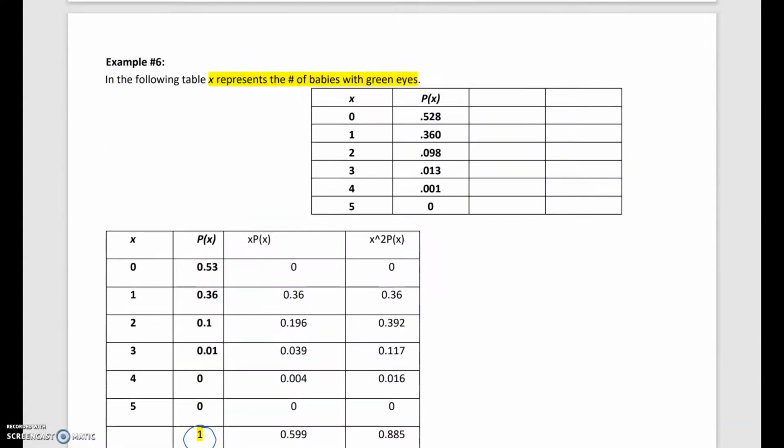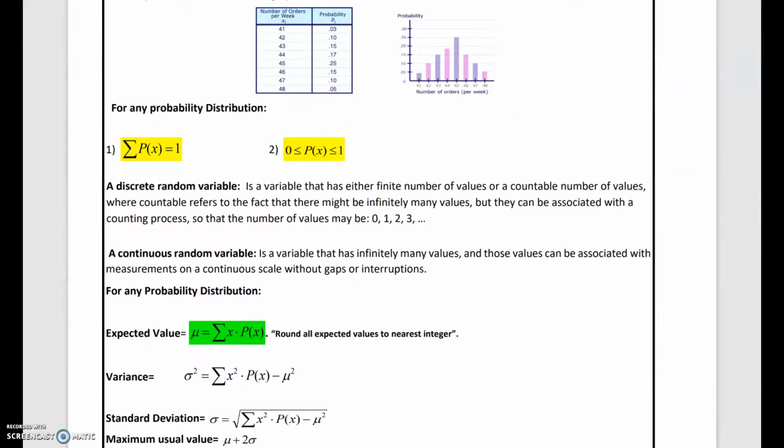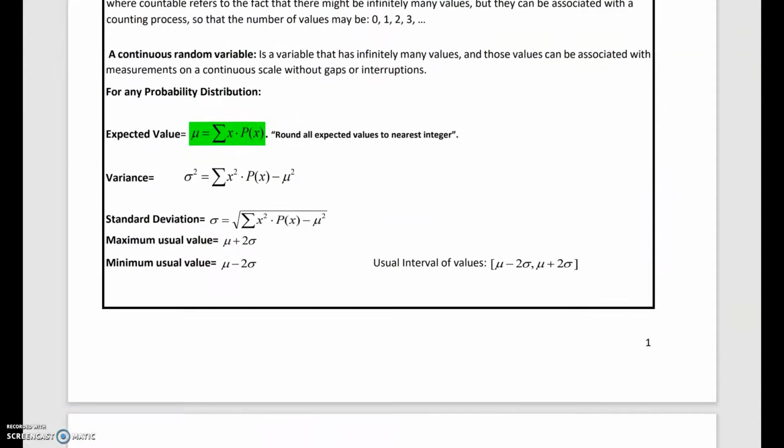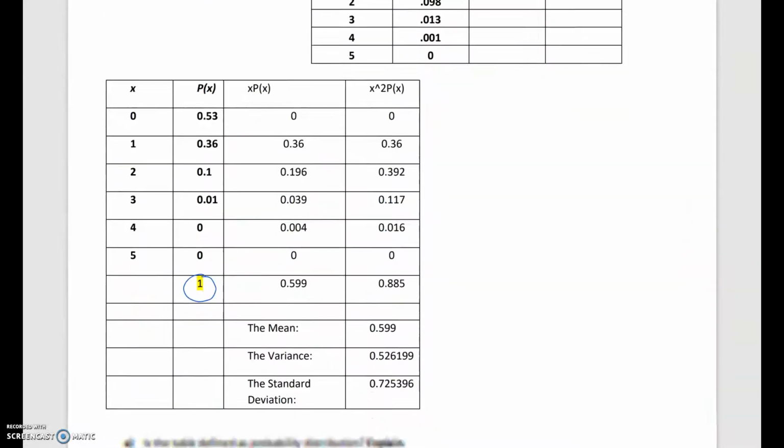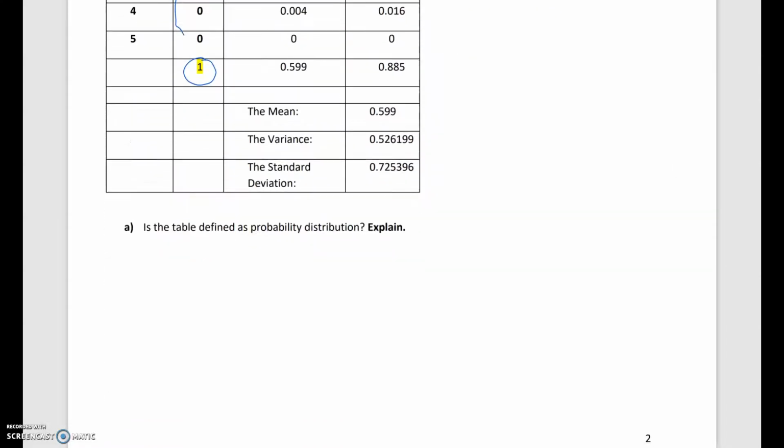And in order for us to check if a table represents a probability distribution, you have to check two main items, and that is that the sum of the probabilities is equal to 1 and every value of the probability is between 0 and 1. So you're not allowed to have negative values or a value greater than 1. In this case, every single value for the probabilities is between 0 to 1 and the sum is equal to 1. So we would just say yes, the table is a probability distribution